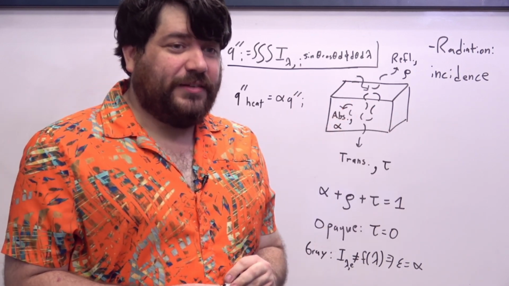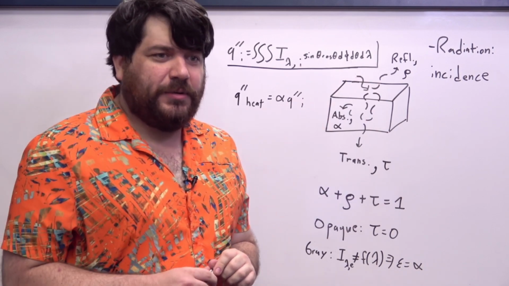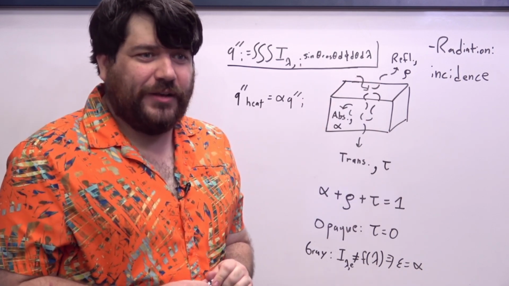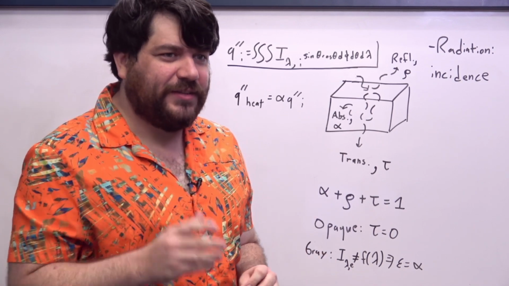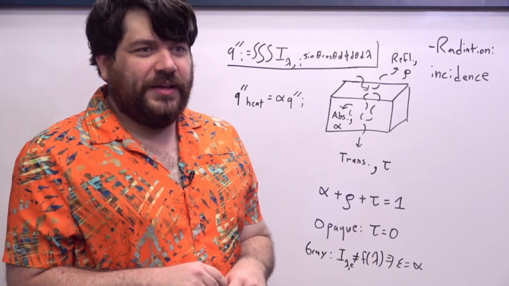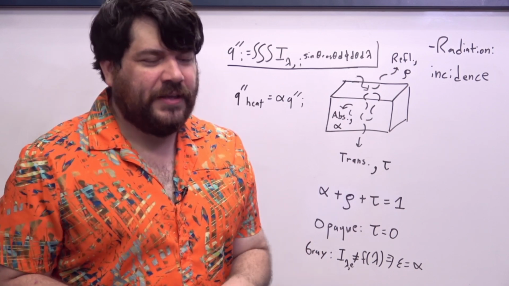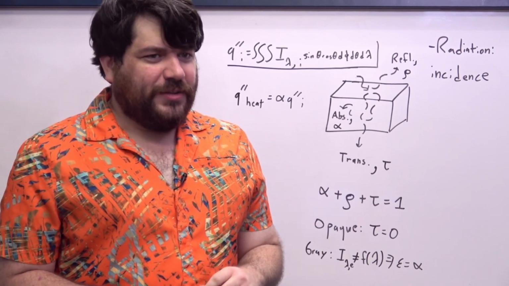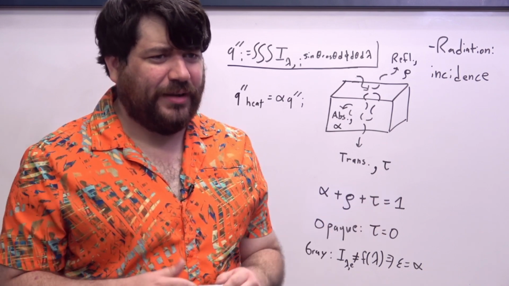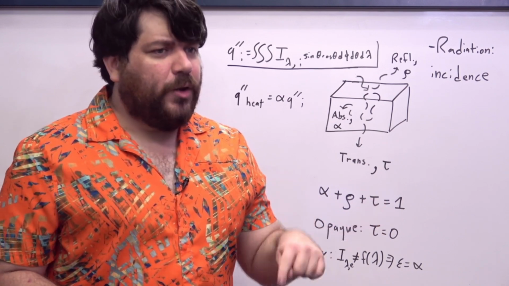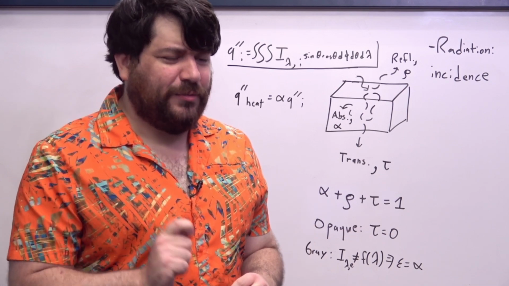Reflection also plays an important role. It plays a particularly important role in the notion of coloring, right? So I'm wearing an orange shirt right now. And the reason that you see this shirt as being orange is because the white light that is coming in and impacting my shirt, some of it is being absorbed. Not a lot of it is being transmitted, but I suppose some of the really large wavelength stuff is being transmitted. Most of it gets absorbed, but then the light that is at the wavelength associated with the color orange